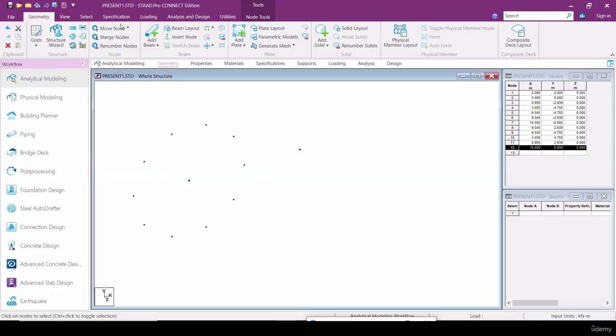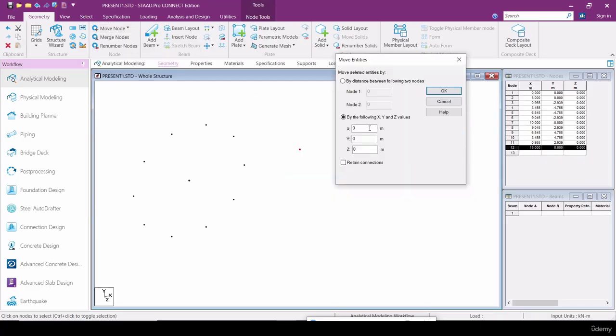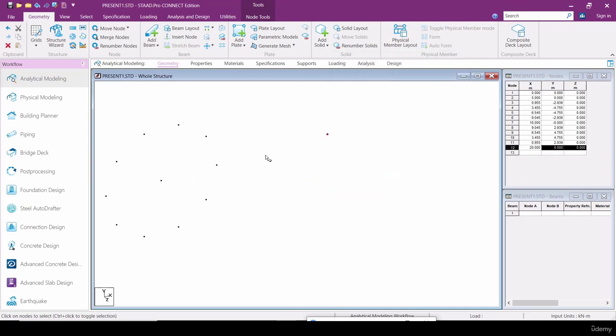Move node, merge node, renumber nodes. Move node is nothing but I want to move this node another 5 meters from here. So I have selected this node. If I use the move node command, how much distance do you have to move? Let us take 5 meters. Okay, so this node shifted another 5 meters from here. Like that, move node. Merge nodes is nothing but